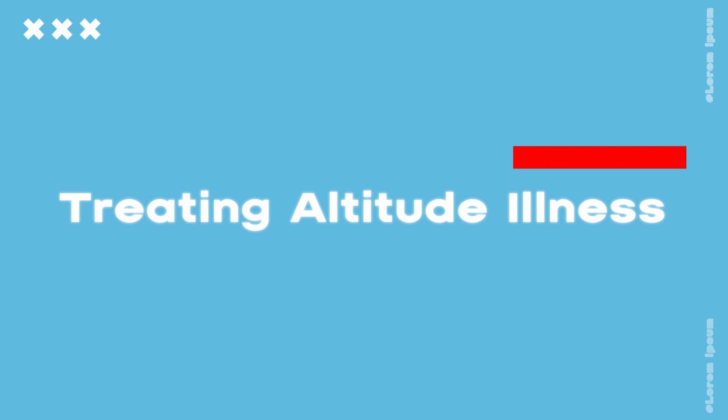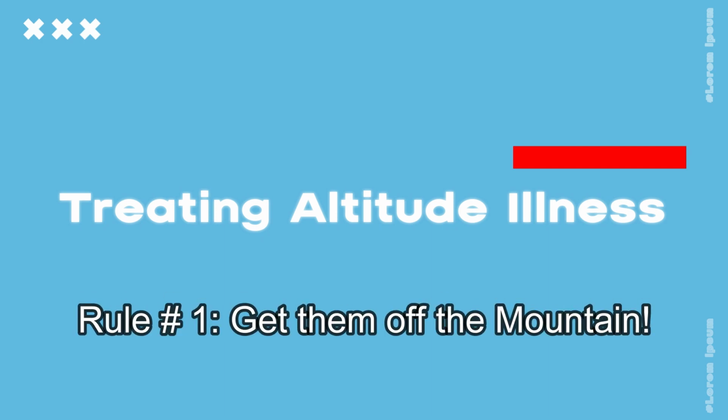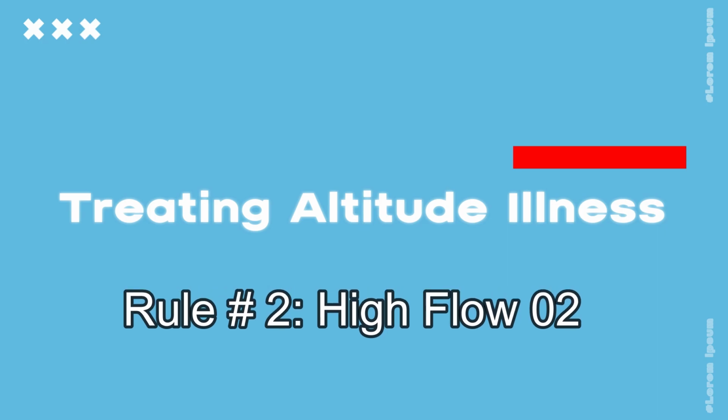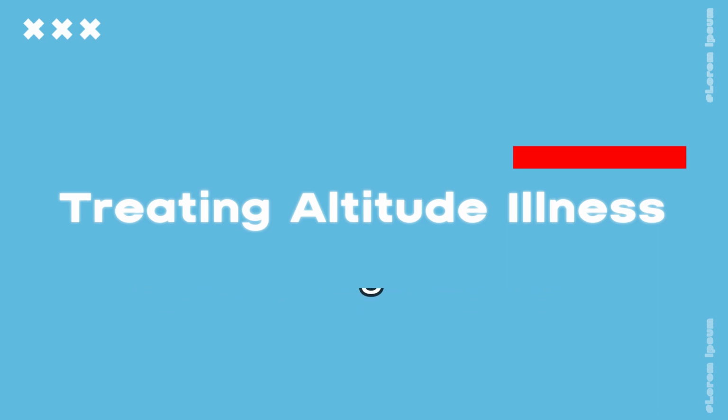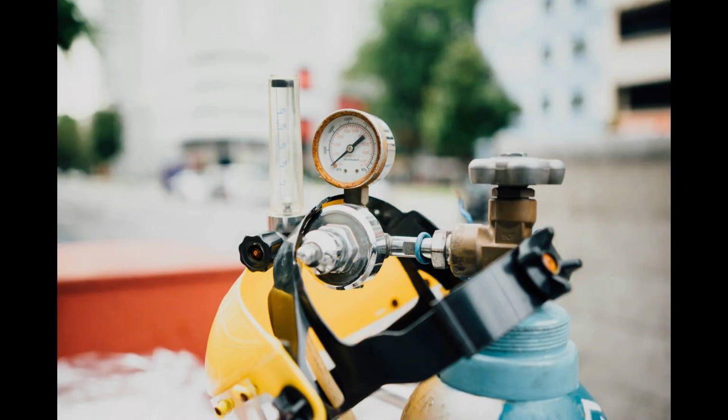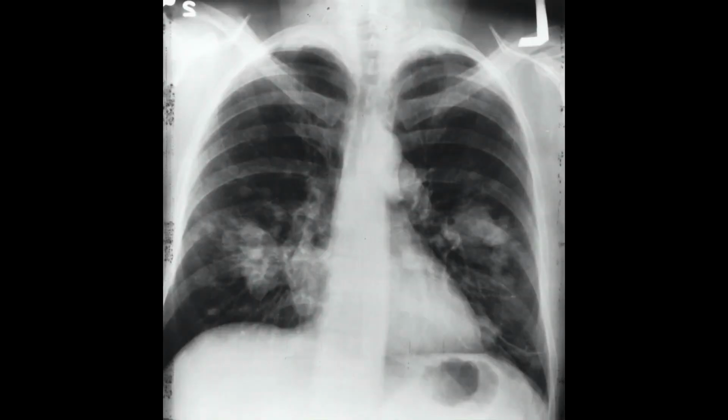So, general rule for treating high altitude illness is 1, get them to a lower altitude, and 2, high flow oxygen. Some of these illnesses occur just from a lack of available O2. That's due to a mix of Dalton's law and Boyle's gas laws. Quite often these patients just need some time in high flow oxygen or some time at lower altitudes before they can return to activity. Before we get into specific diseases, let's talk a little bit more about hypoxia.